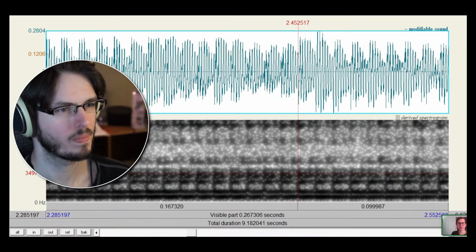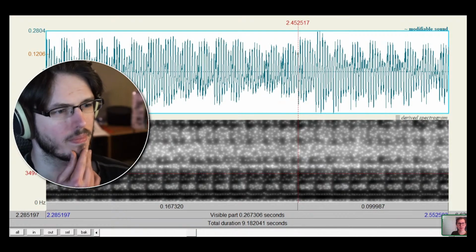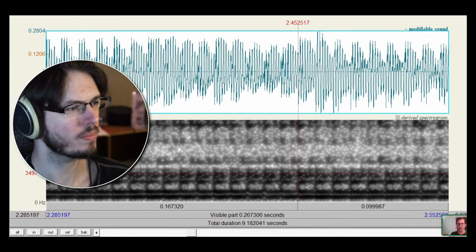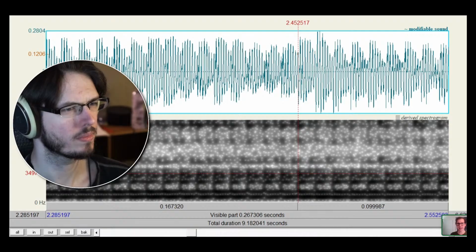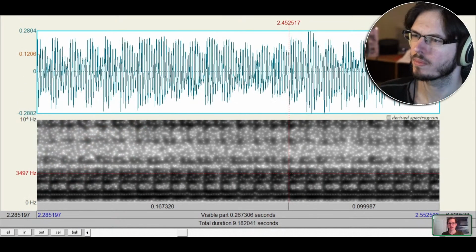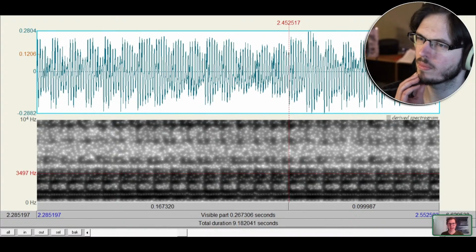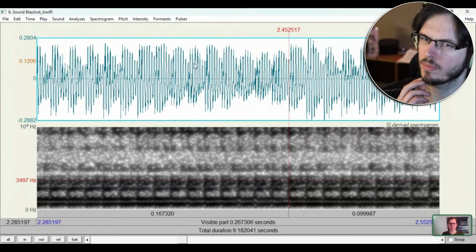This is a program that some linguists like to use for acoustic analysis, looking at and studying sound waves and sound properties. The program is called PRAAT, Praat, which I believe is the Dutch word for talk. It's got a whole bunch of little different pieces to it. Let's see. Can you see my cursor as I move it around?